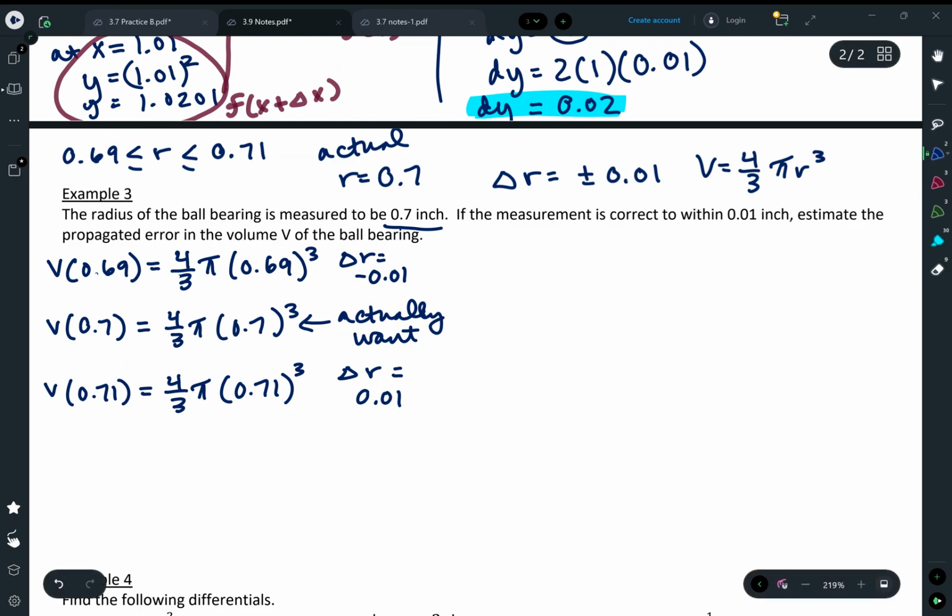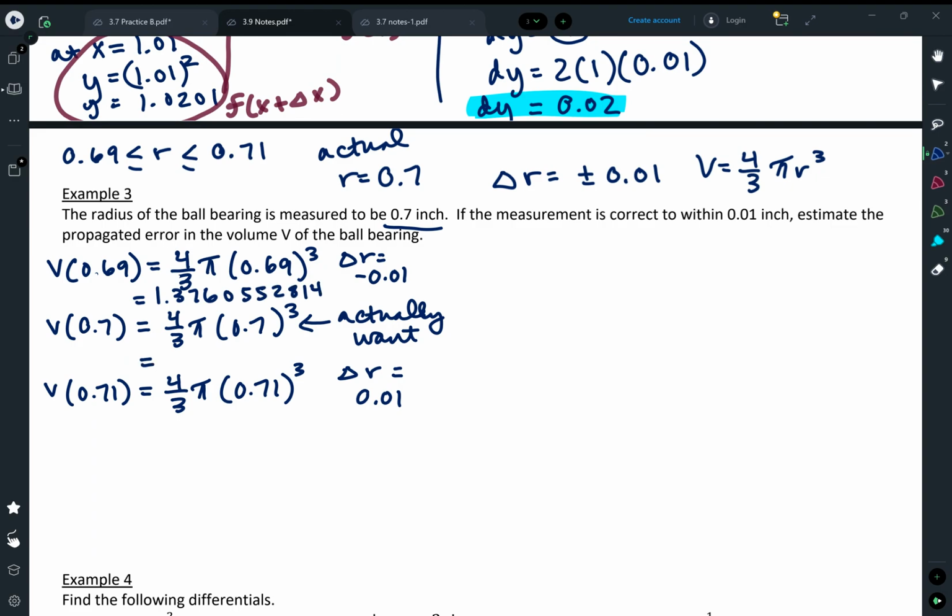Let's go back to this fine point here. I get 1.3760552814. When I plug in the 7.1 next, because I think doing the two decimal places at the same time will be easier. When I plug this one in, I get